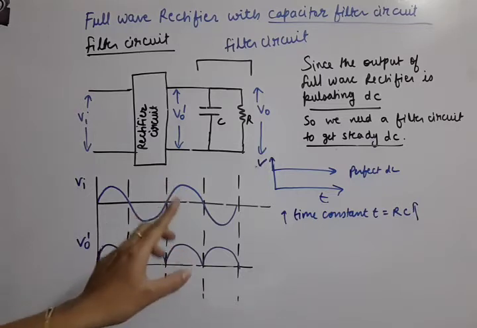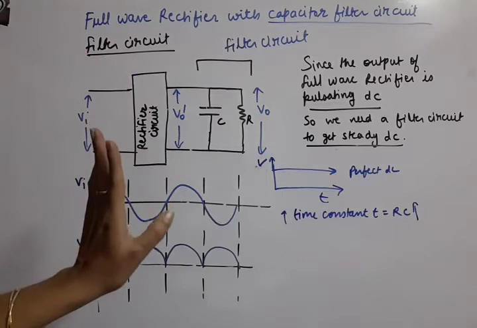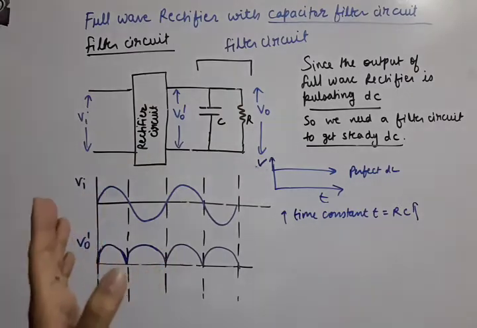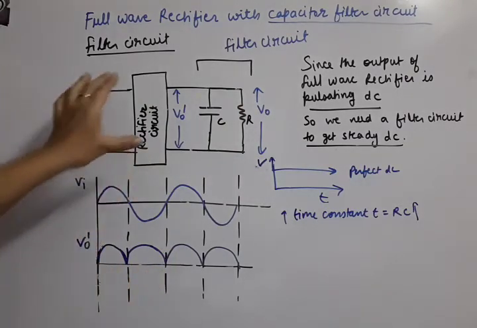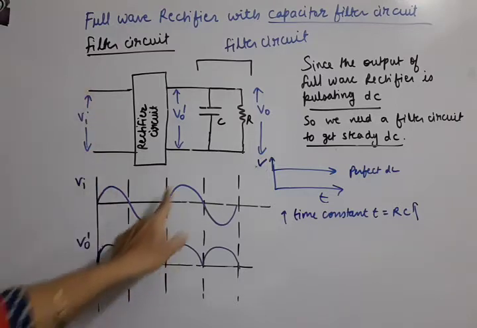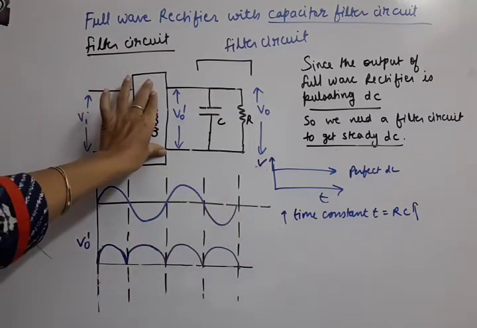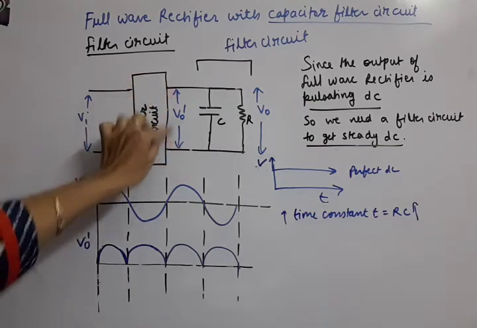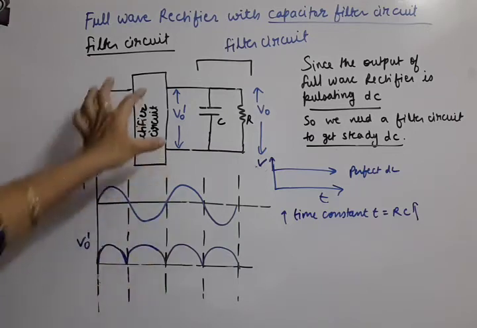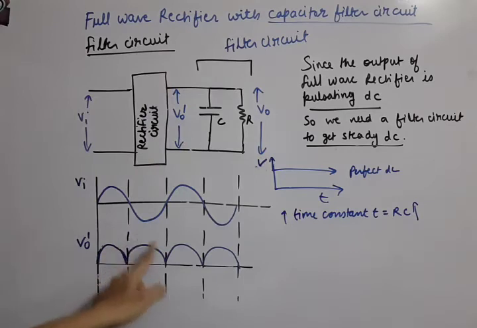For that we need to attach one extra circuit that we call the filter circuit. So here this part of the circuit is the filter circuit. Now this is a block diagram of the complete circuitry. The detailed circuit is not shown here. So VI, let us understand the circuit. VI is the input AC voltage, of this kind. This is given to the rectifier circuit, the full wave rectifier, and it gives the output voltage VO dash. We will call it the intermediate output voltage. So the name VO dash is given. VO dash is this type of shape, you already know. The full wave rectifier will give us the output voltage of this shape.